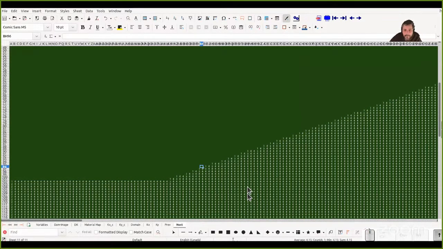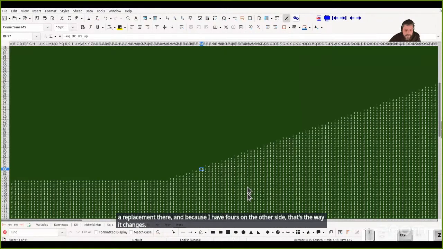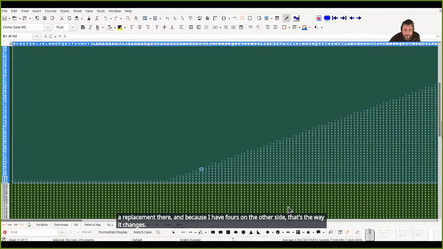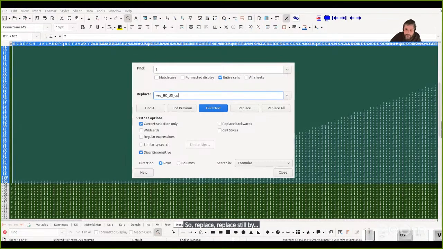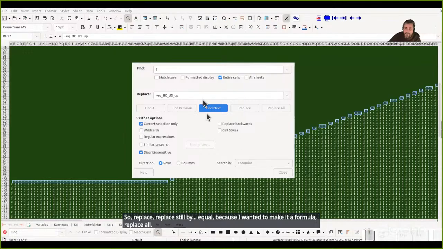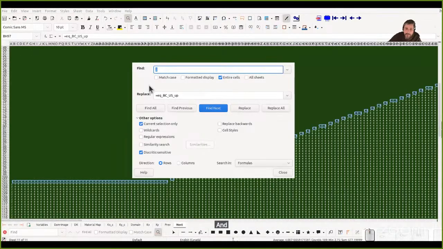So you see, I have made a replacement there, and because I have fours on the other side, that's where it changes. Okay, so replace two by equal, because I wanted to make it a formula, replace all, and replace one